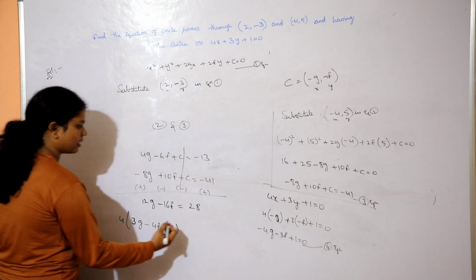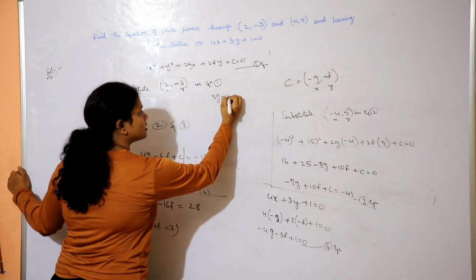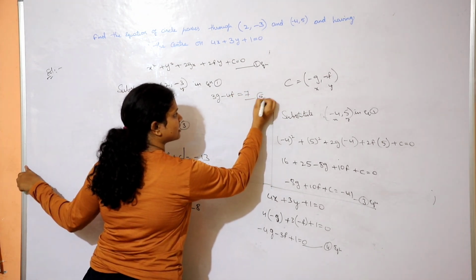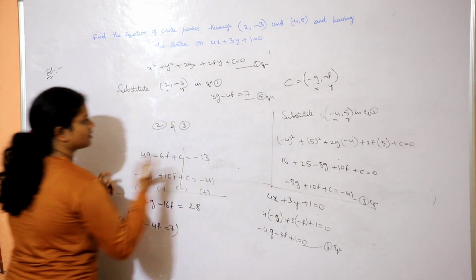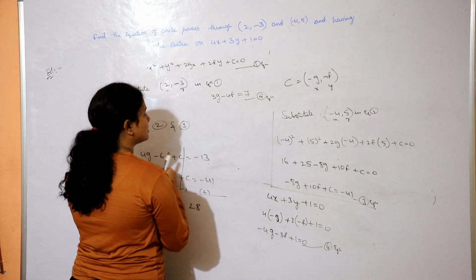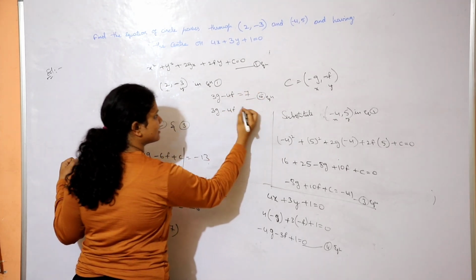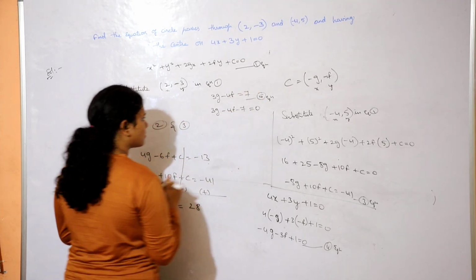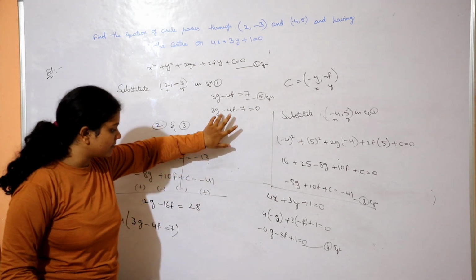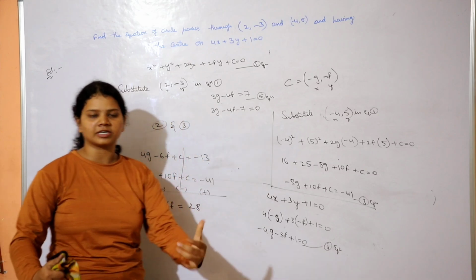So therefore I got an equation. The equation is 3g minus 4f plus 7. Let this be equation number 5, the 5th equation, right? This is the 4th equation, we got a 5th equation. Now guys, look over here. Here you have 3g minus 4f. Transpose the 7 to the other side, this becomes minus 7, which is equal to 0. So this is the same form, you're having g, f and a constant over here. Finally, we brought it into the form.